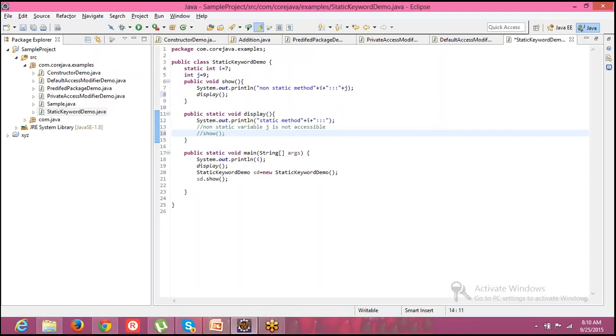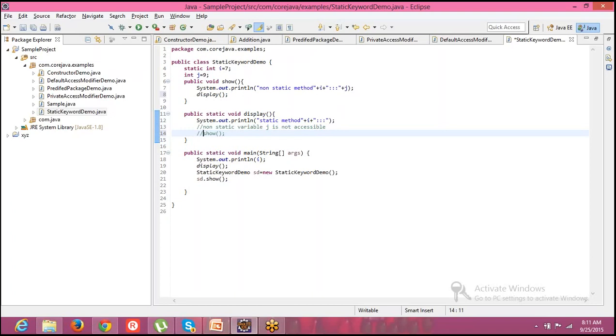If it is non-static, how will you be calling that? With the use of an instance, right? Yes, we can say instance methods.